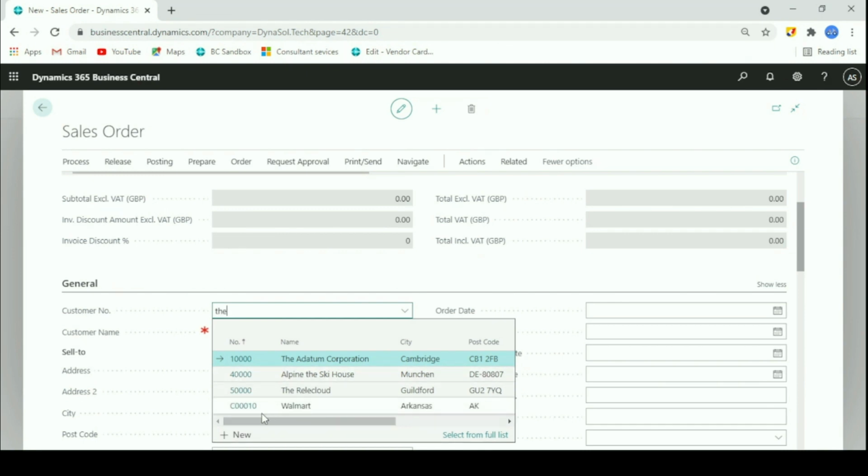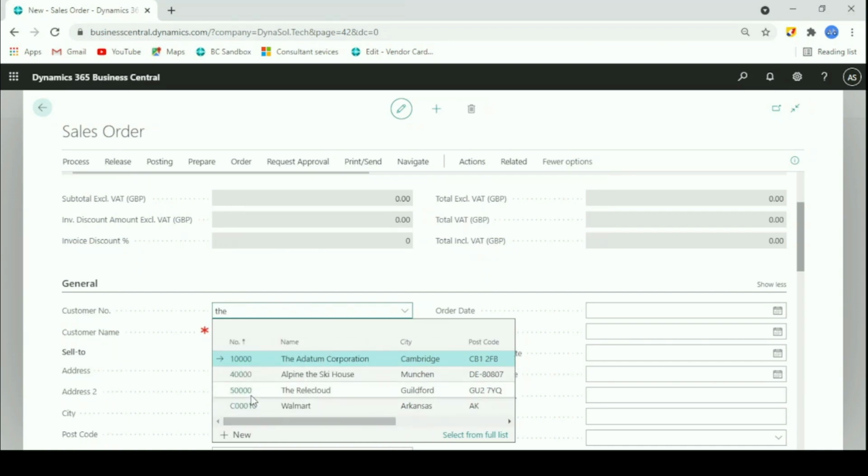Walmart also came up, so let's check why, because it doesn't have that spelling in its name. But as you can see in the customer information, it has a contact person who has that spelling in his name, Matthew.